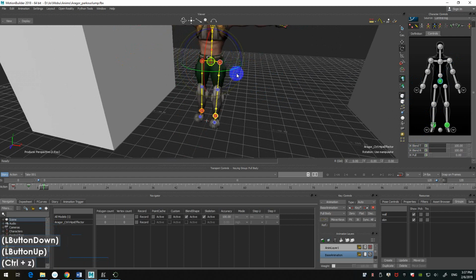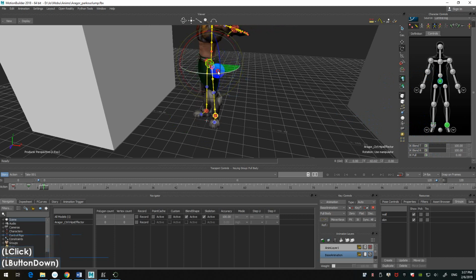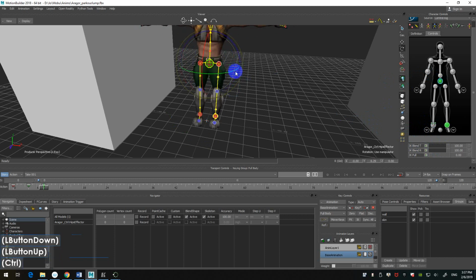The foot moves, but if you notice, the rotation of the foot stays the same. Why? Because the rotation is still locked. See? So if I turn it off, then it rotates. So always with IK, there's two things you need to consider: translation and rotation. You can lock even the rotation. Oh, sorry, the translation. Oh, what did I have before? I think I had this. Okay. So now if we lock the rotation,